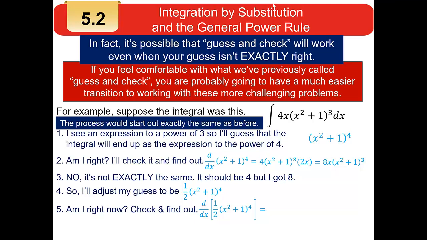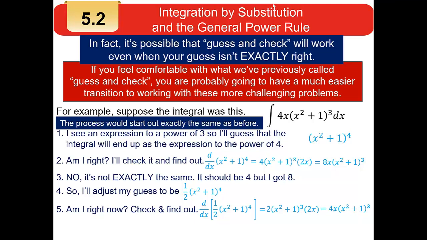I take the 4 by the general power rule, I take the 4 and multiply it by the 1/2. Of course, 4 times 1/2 is 2. The x squared plus 1 drops from an exponent of 4 to an exponent of 3, and then I go back and multiply by the derivative of the base, and the base is x squared plus 1, so its derivative is 2x. And finally, 2 times 2x is 4x, so I end up with 4x times the quantity x squared plus 1 cubed,